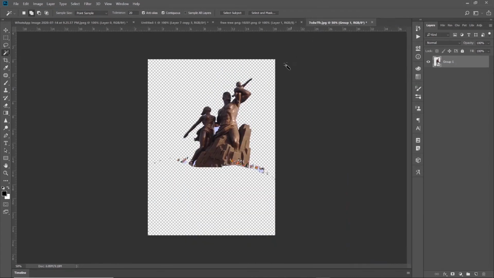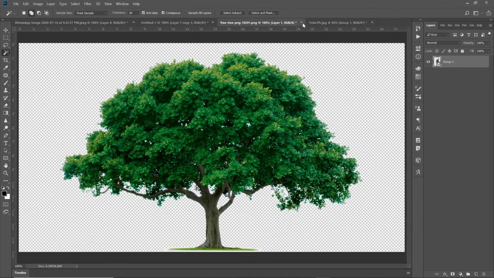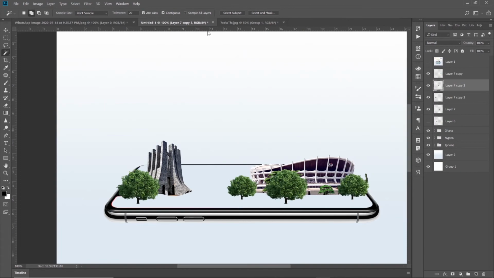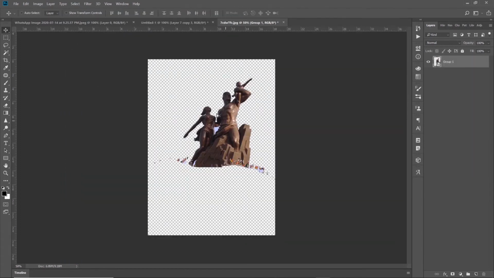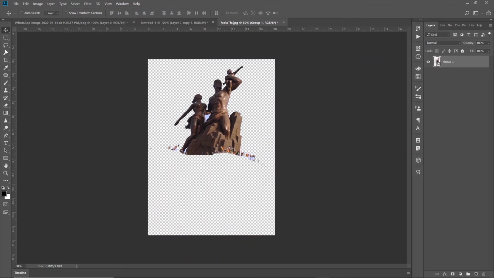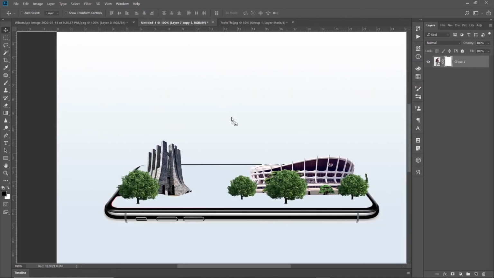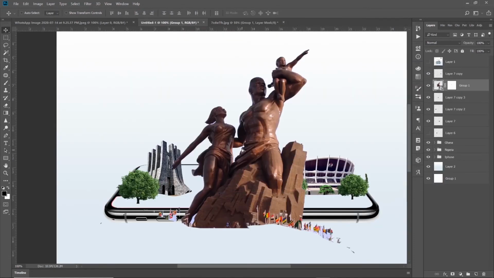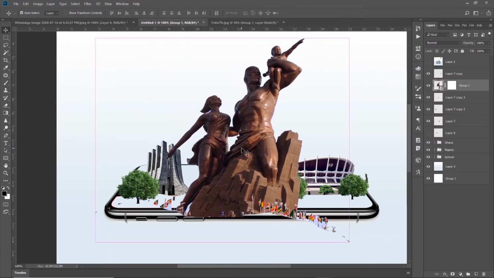So let me just close up all these other tabs. Oh, I just saw that blue. So you click on the masking tool, it would mask that out. Control I will put that back in. You drag that into the design